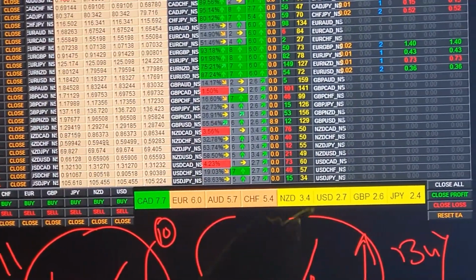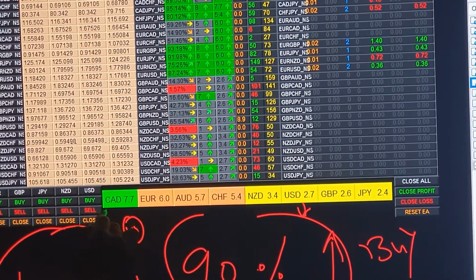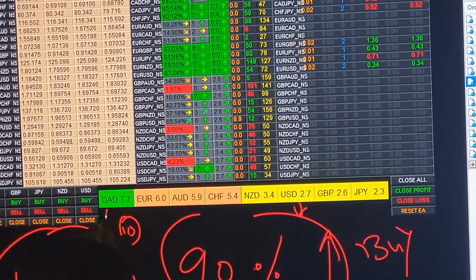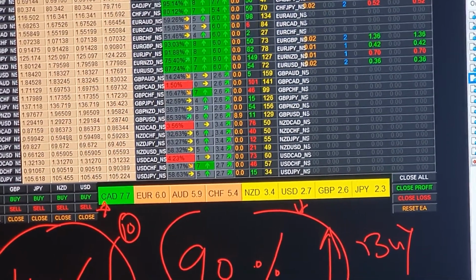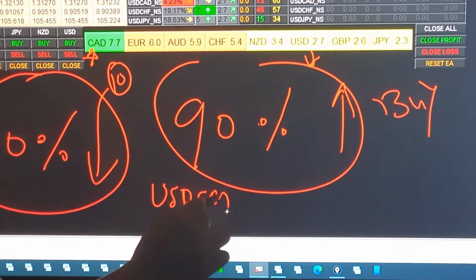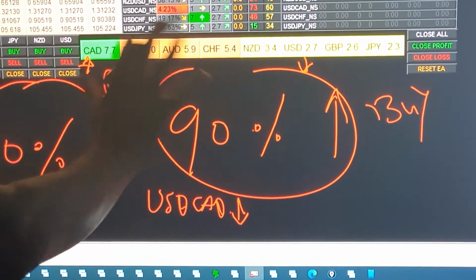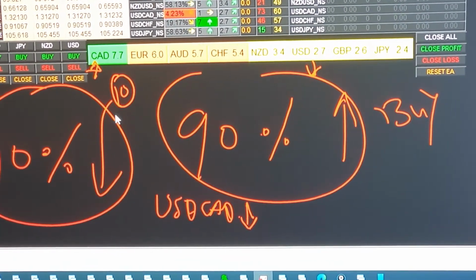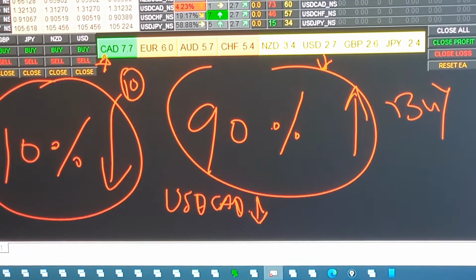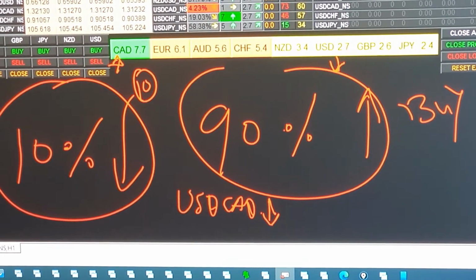For example, USD is weak and CAD is strong, so it will select USD CAD and it will sell like this. So it will choose the pair based on its strength meter. This is how the trades work, and now you will see in the terminal all the trades take place automatically.